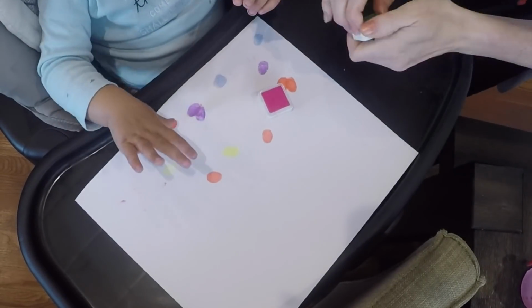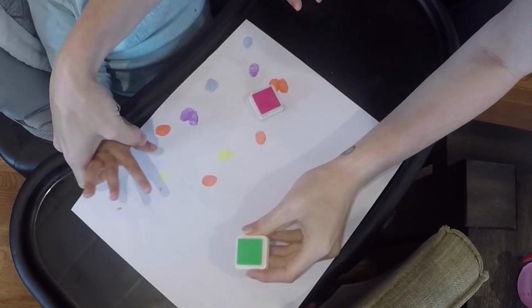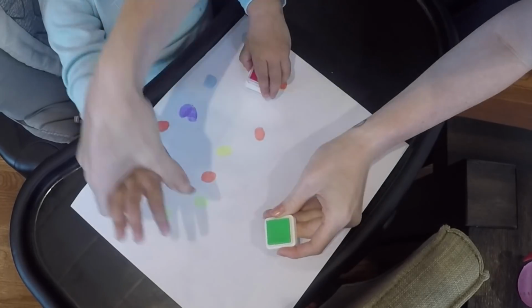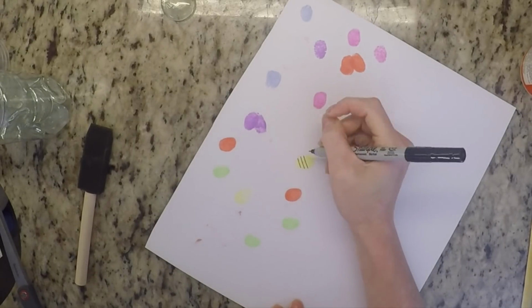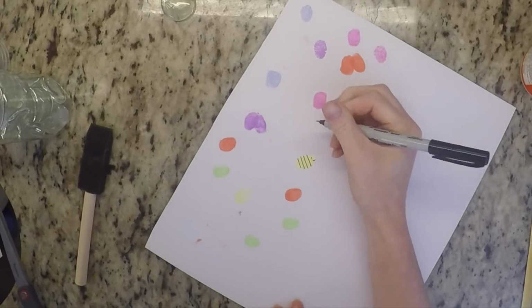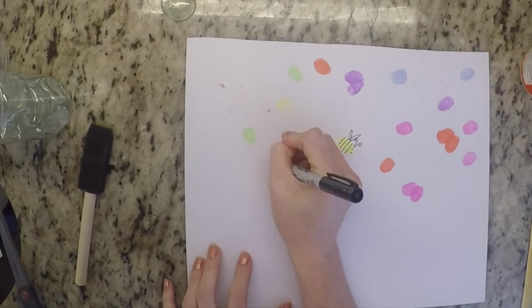Now, I don't know if you can tell, but throughout this video, after I do the thumbprint once, I'll go ahead and wipe it off with a baby wipe just because I don't want the colors mixing. So I left my daughter with the ink pads so that she can continue to play, and I gave her another piece of paper. But in the meantime, I just went ahead and I started doodling on each of her